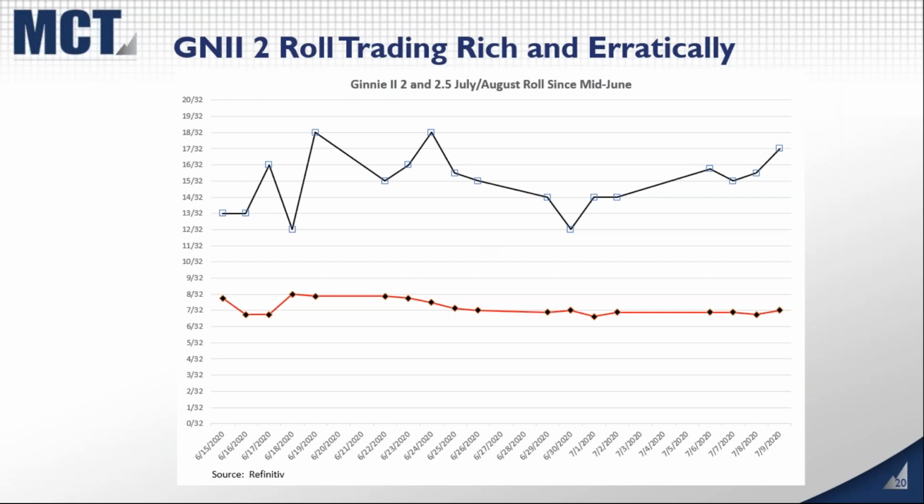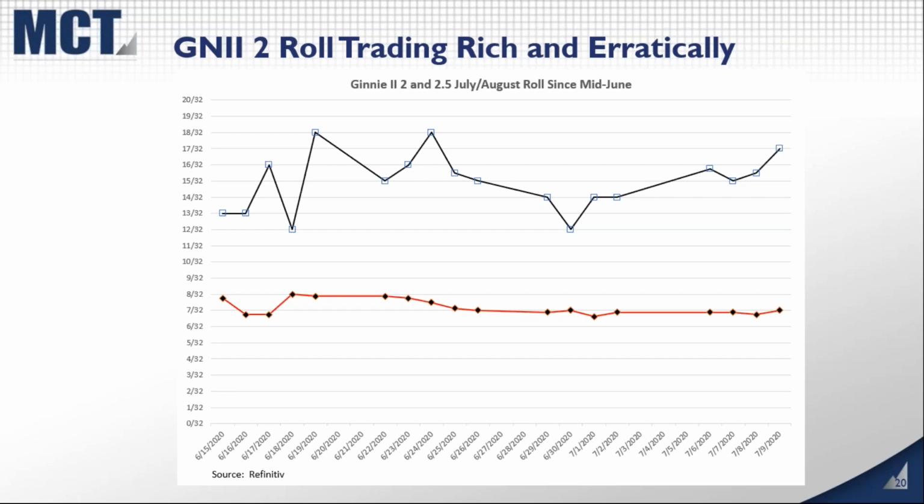As of last time I checked this morning, the Ginnie 2 July-August roll was offered at 16 plus. And considering that the break-even value of that roll is about 3 1/4 30-seconds, that just means that it's extremely, prohibitively expensive to hedge using that coupon and is really risky. If it could trade at 16 plus, I have no idea what the peak level could be. It's driven by technical factors at this point.